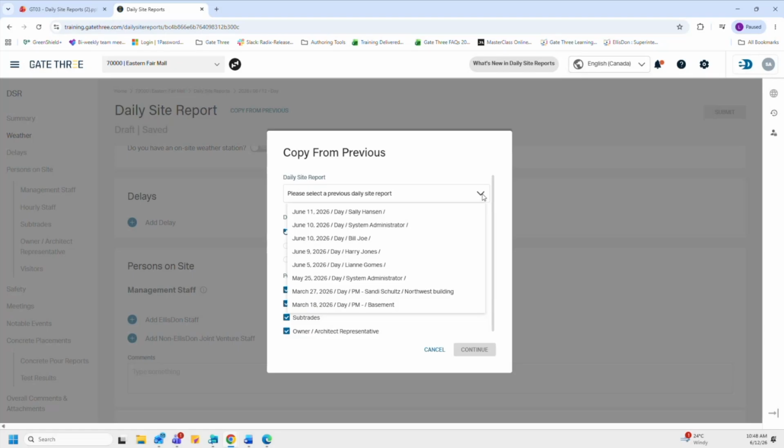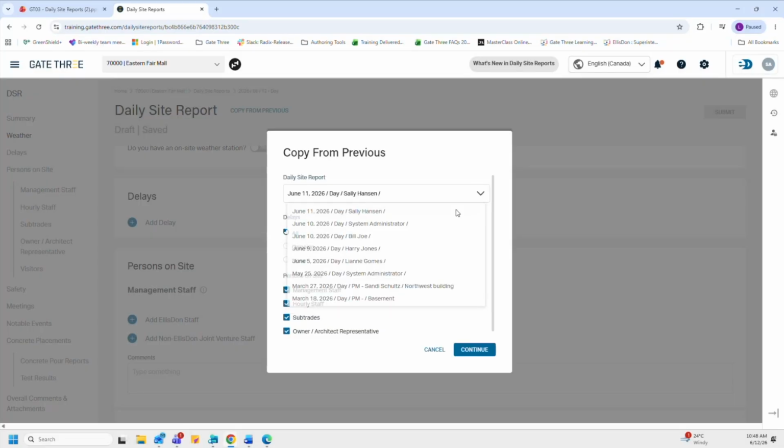So say if it was the same as yesterday, I can make my selection here. And then I have the option if I want to copy over all the delays from this DSR as well as the persons on site. After I've made my selections here, I can go ahead and click on continue to copy this specific DSR into